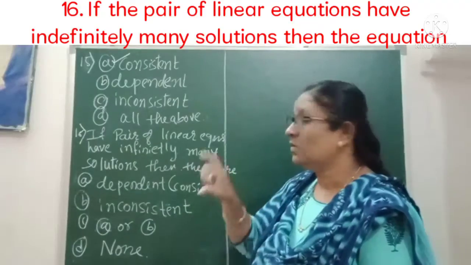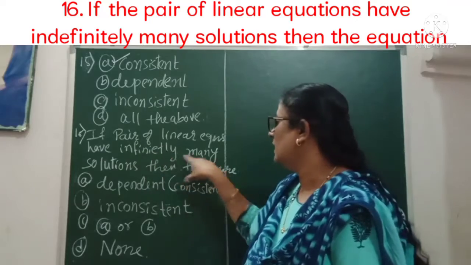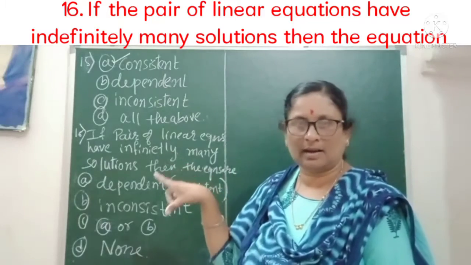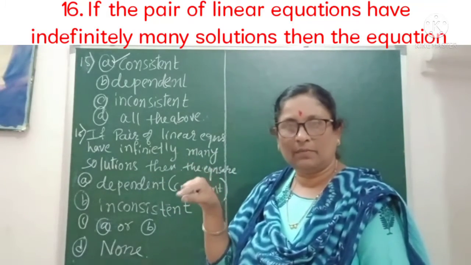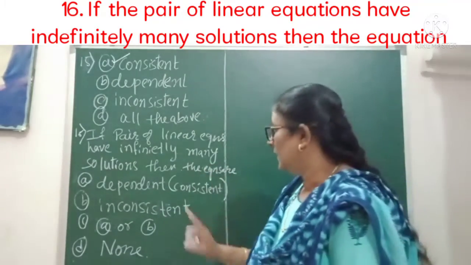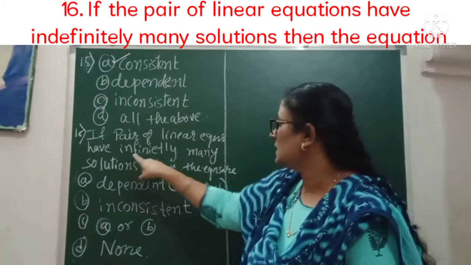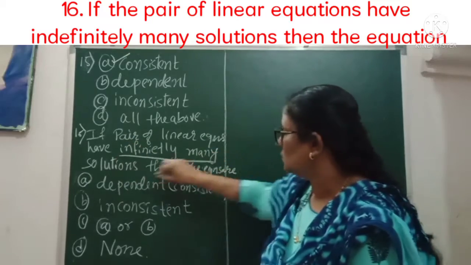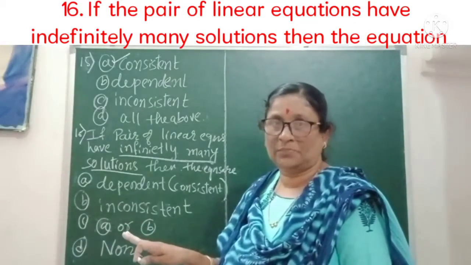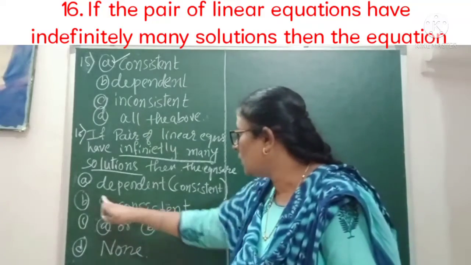Okay. Now I tell you what confusion you face here. If a pair of linear equations have infinitely many solutions, what do you get in your mind immediately? That the lines represent parallel lines, or you will get the condition a1 upon a2 is equal to b1 upon b2, not equal to c1 upon c2. But here it is fully different. What is it here? They are asking about a pair of linear equations with infinitely many solutions. According to that, our option should be the immediate one. What do we get here? Many solutions means parallel lines and equal a1 ratios. But here the options are dependent.